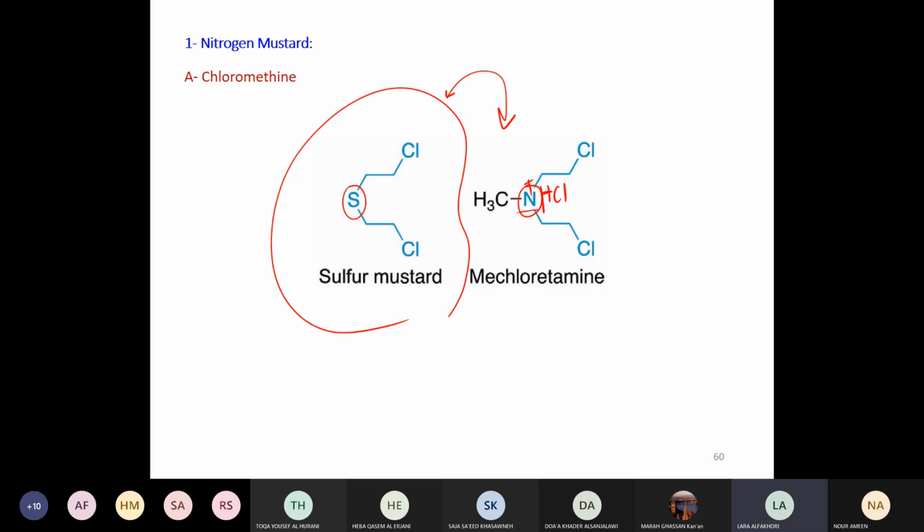It's not about having two pairs of electrons. It's the issue of sulfur, as you all know, sulfur is a third row atom while nitrogen is a second row atom. Therefore the size of the orbital in which the electrons are is farther from the nucleus, so it's easier for sulfur to donate these electrons more than nitrogen. That is why it is actually more nucleophilic.